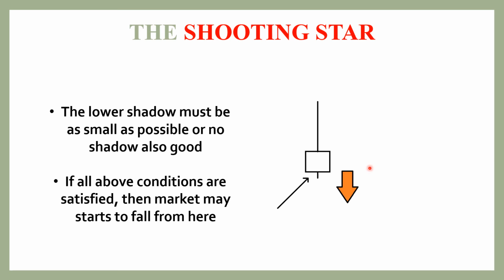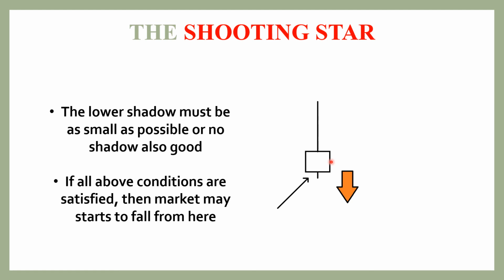Another thing I have to say is that by learning these charts, we can understand that whenever a shooting star is formed, the market has been in an uptrend for a long time. Whenever this shooting star is formed, we can understand that there is no further uptrend for that stock until this shooting star's stop loss is taken out.